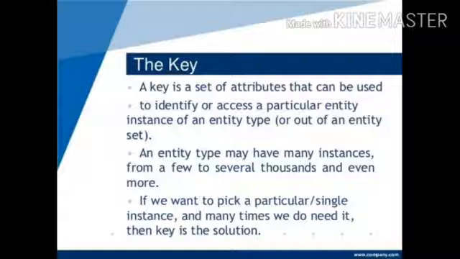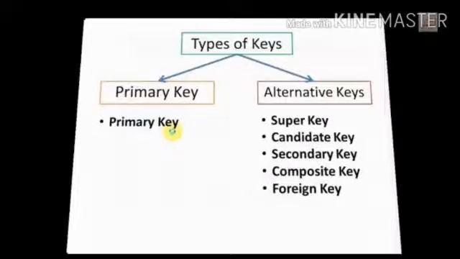That means from the number of records in a database, if you want to search for particular information, you need a key for searching that information. Like I said, for students in class 7th, if I want to call a particular student, I will call the roll number. So the roll number is a primary key. In the same way, there are two types of key, primary and alternative. Primary key is primary, and alternative keys involve super key, candidate key, secondary key, composite key, and foreign key. These are the other types of keys in a database.